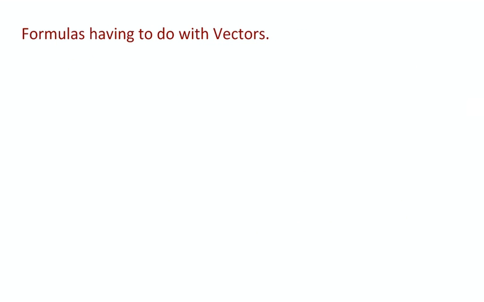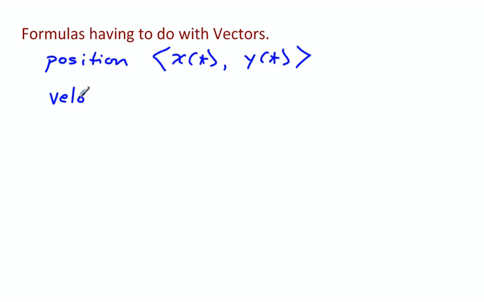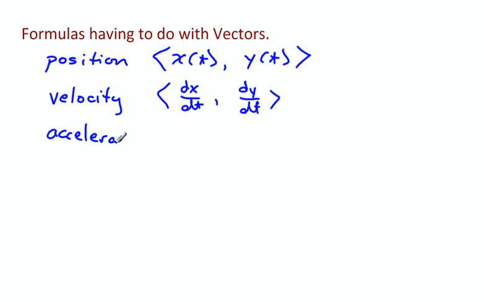All right, so then we've got our formulas having to do with vectors. So we can have our position function, which for our purposes, we're going to call x of t, y of t, which tells us where our x and y coordinates are based on time. Our velocity is simply dx dt and dy dt. Our acceleration, which is our second derivative,